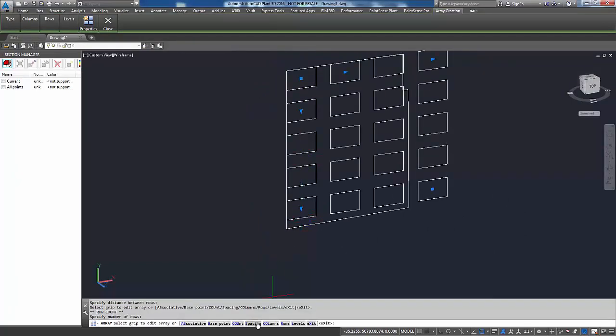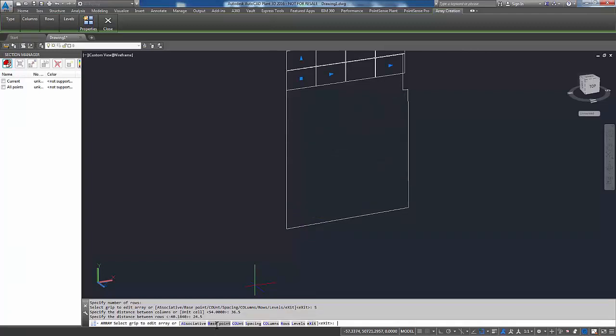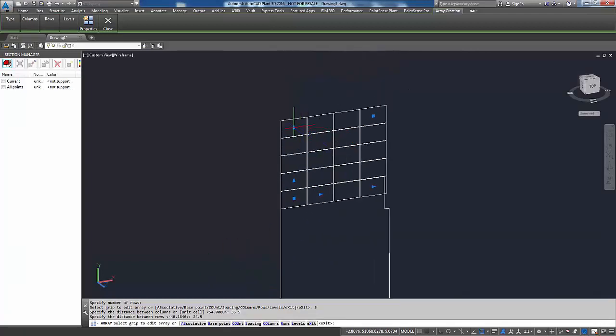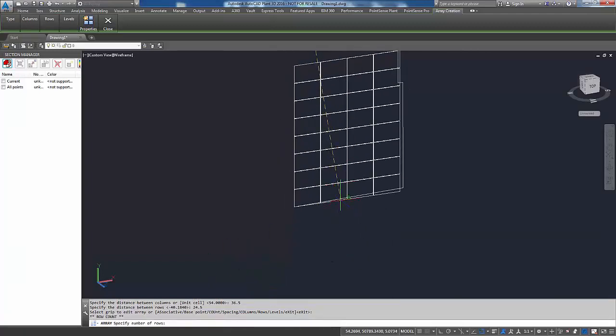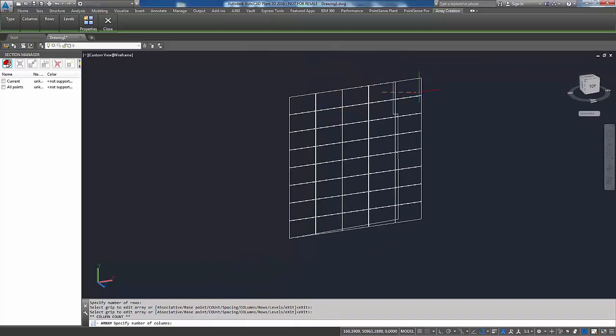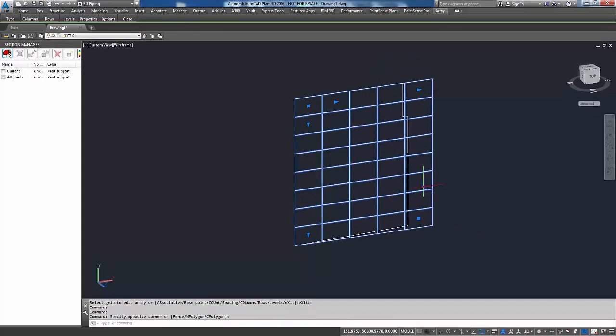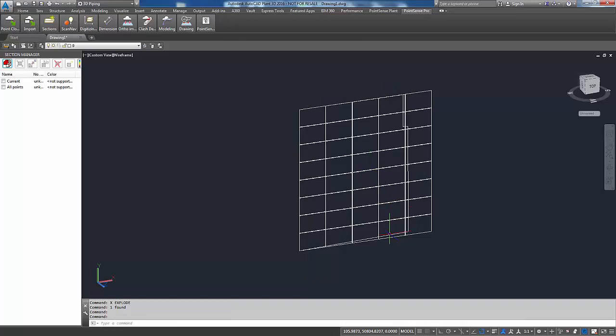Also our spacing down here at the bottom in CAD, we'll say that we'll do 36.5 to get a half-inch panel gap in our columns, and then we'll repeat the same for our rows, so 24.5. And since that went in a positive direction, we'll just drag this downward here. We'll drag this over just 1 more row to the right, and then we'll just hit spacebar to complete the array. I'll explode that,